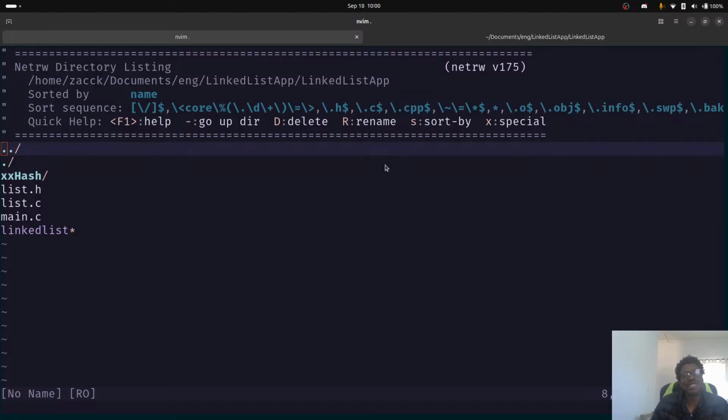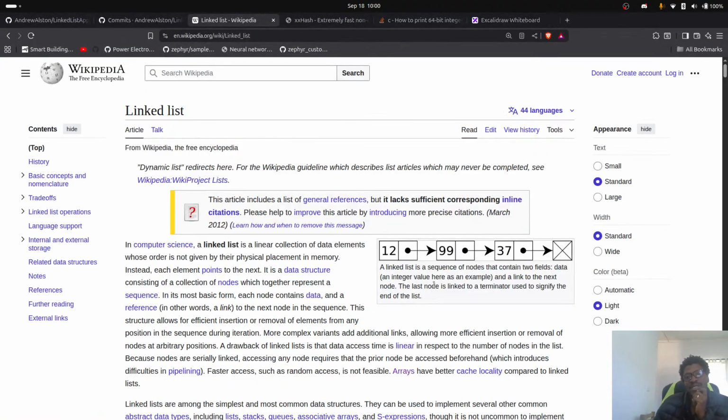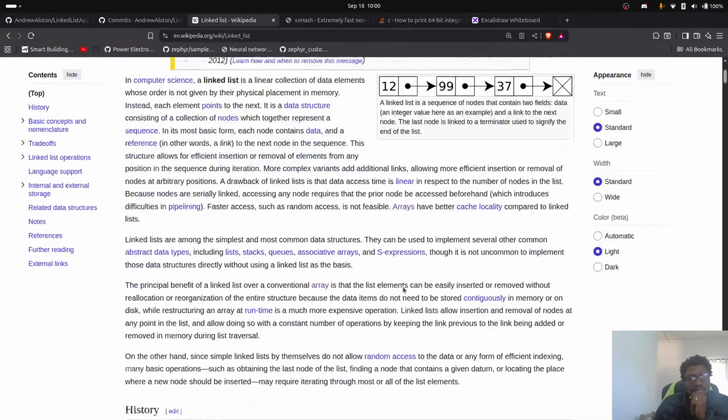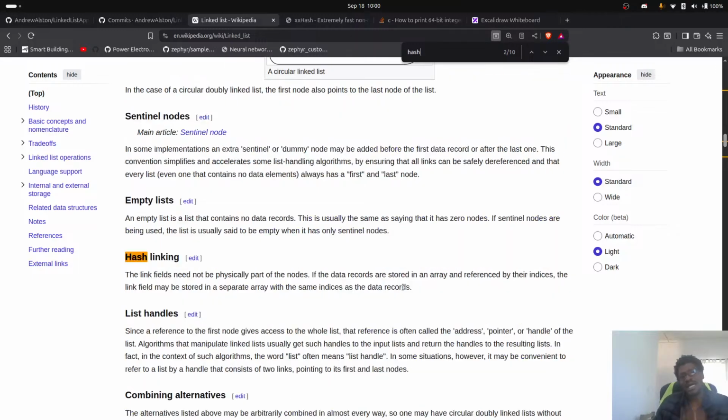Okay, cool. Why were we exploring that? Because we wanted to know what linked lists were. And why does this linked list need a hash? Control hash. I see why. So